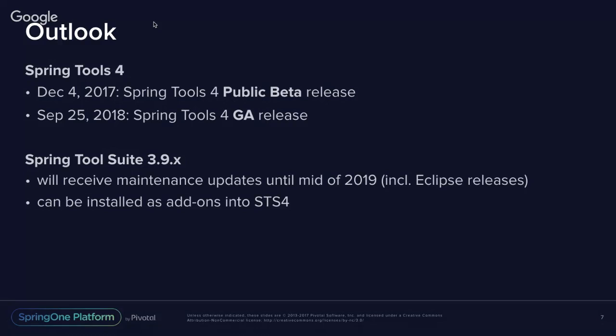And you could even do something magic. You could install an extension pack that's called the STS3 add-on pack, and you can install that into a new Spring Tools 4 installation distribution. That way, you would end up with kind of an Eclipse distribution that contains both the new world, Spring Tools 4, and the old world, the old tooling. I would not recommend that for kind of the preferred use case,